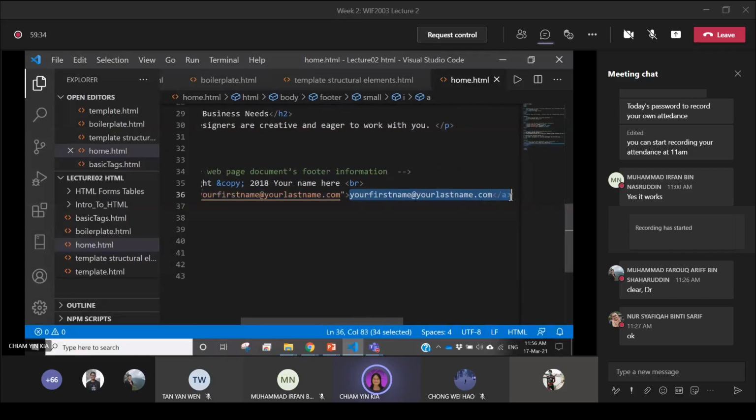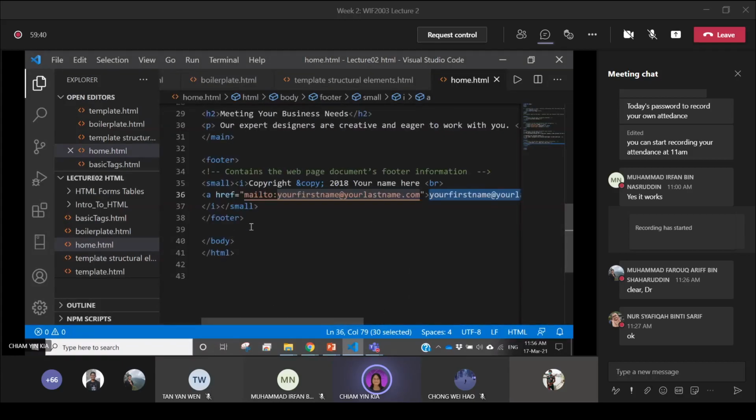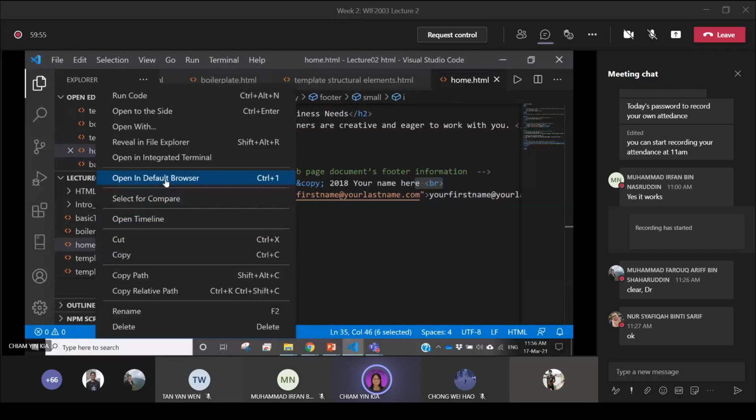And this is the email address that can appear here on your web page. In this example, they use the small formatting and italic to represent it. They also break the line between the copyright statement and the email address. So if I open this home page,